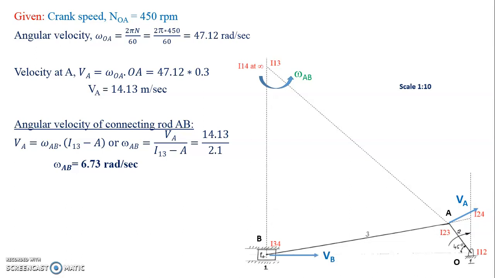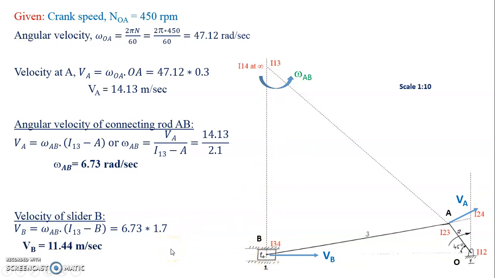Once I calculate omega AB, now I can calculate velocity of slider B, which is equal to omega AB into distance of I13 to point B, or point 4, whichever point this is. So from here, please don't take the length to the cylinder, because you take it to the point. To the point 4. Remember at the connecting rod. So which is 1.7 meter, or 1700, or maybe when you put in the sketch, it will be 170 into 10, 1.7. Substitute that and get the answer.